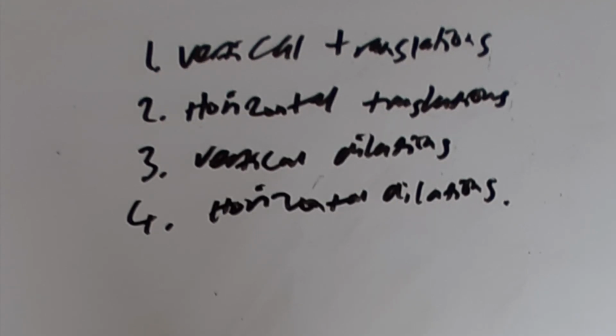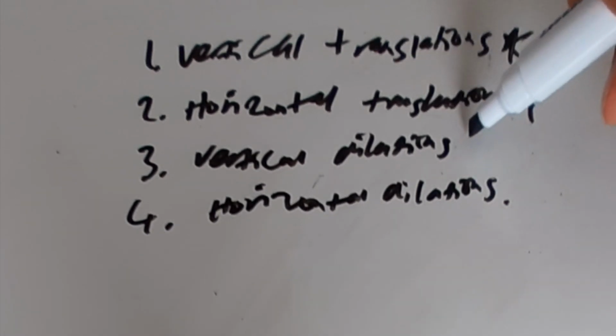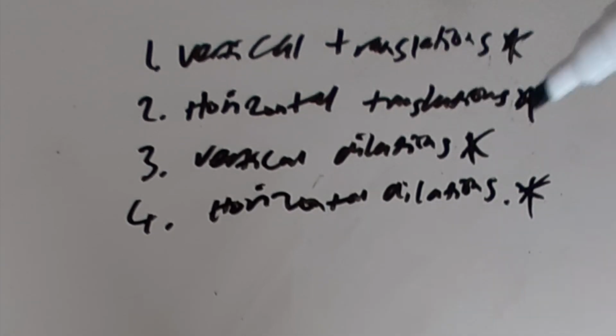can be summarized by four types, which include vertical translations, horizontal translations, vertical dilations, and horizontal dilations. So these are the four main types of transformations you will encounter. A vertical translation is when the graph is shifted upwards or downwards. The general form for a vertical translation